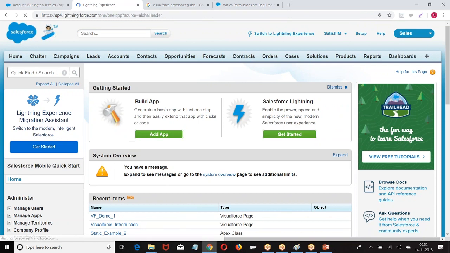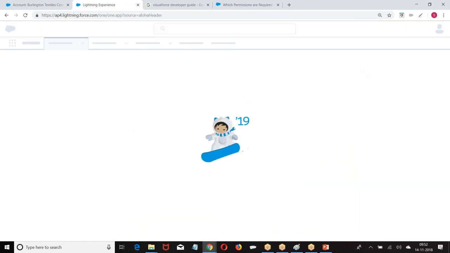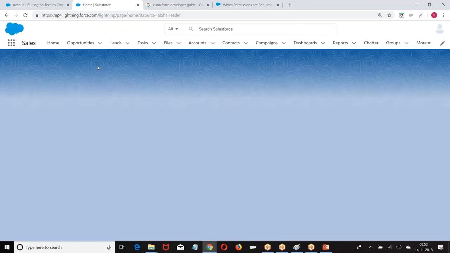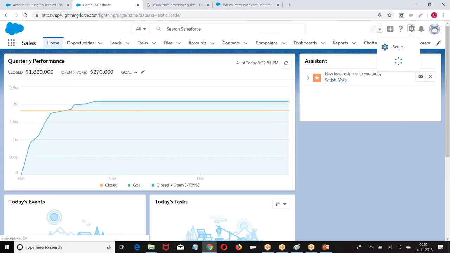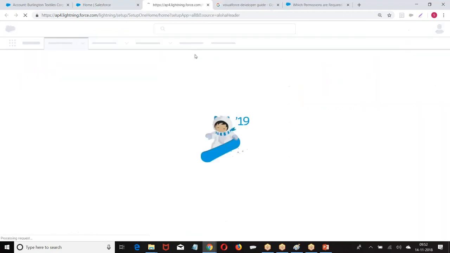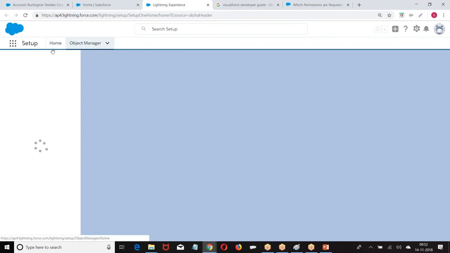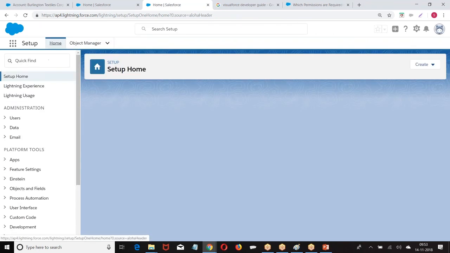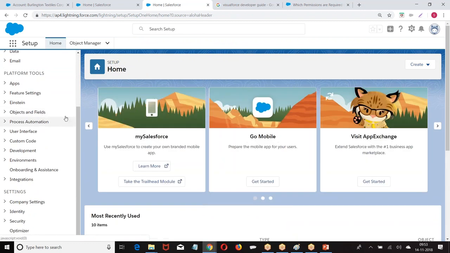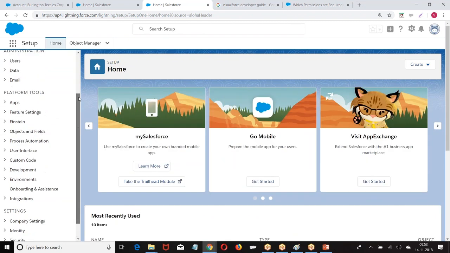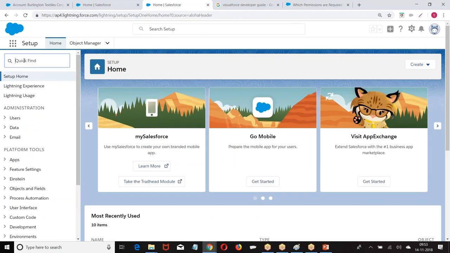If you want to create the Visualforce page using Lightning, how are we going to create it? Setup. So we are going to have the setup navigation. We have programmatic functionalities. Go to the quick search.